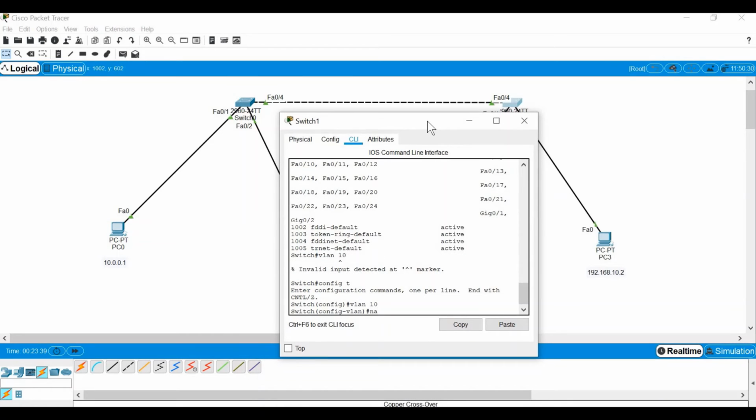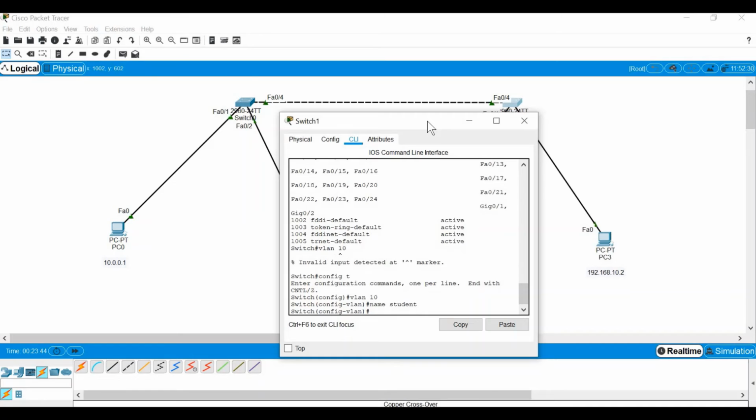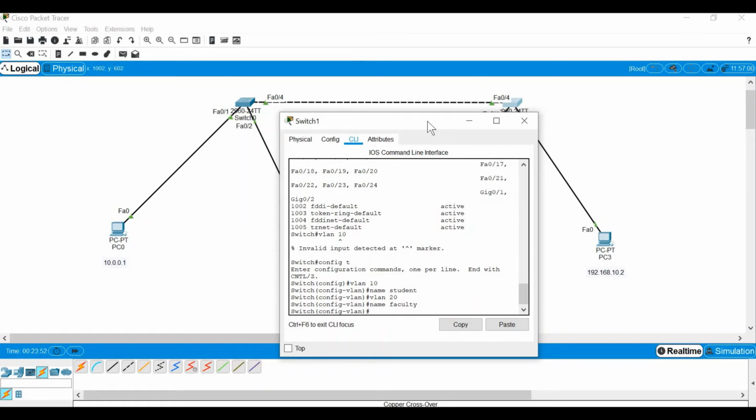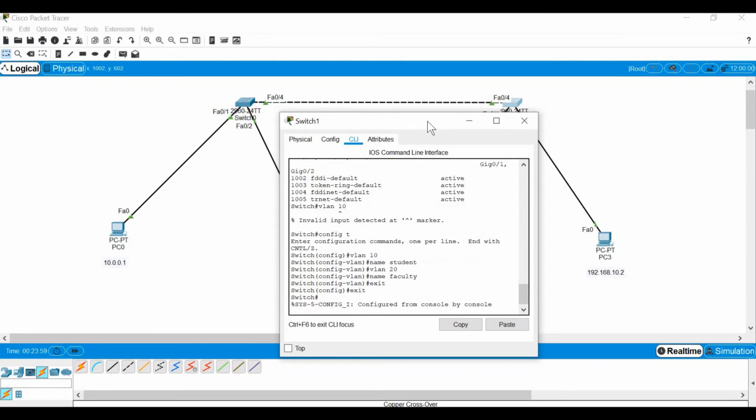Again, I'll name it as student. Similarly VLAN 20, and I'll name this as faculty. Fine. So let's exit, and again I'll see.